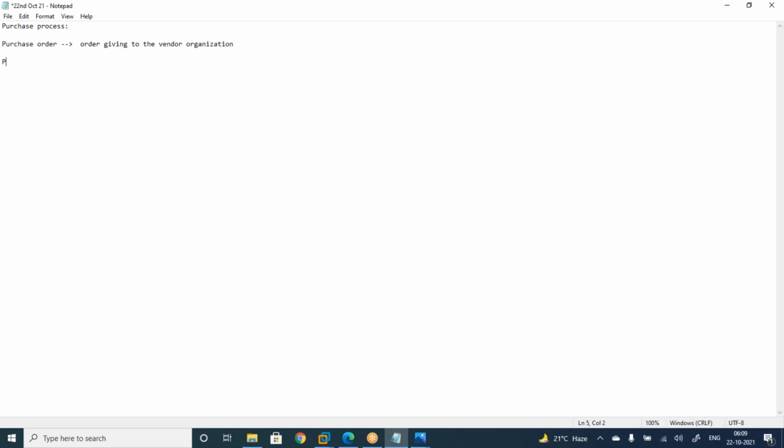Next, purchase order confirmation. It is mandatory. Here purchase order confirmation will validate whether budget amounts are available or not.